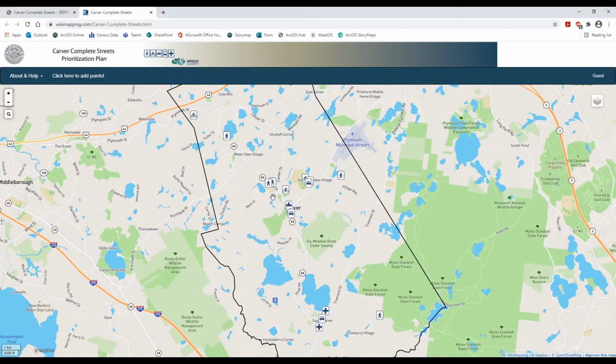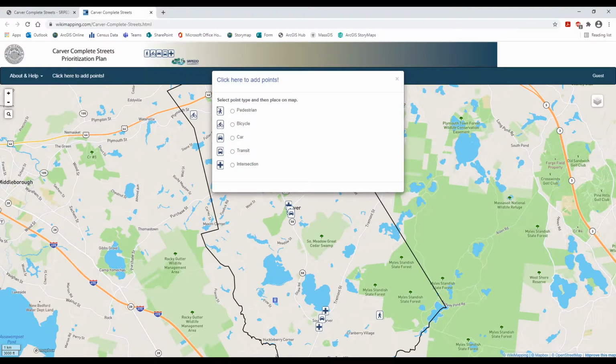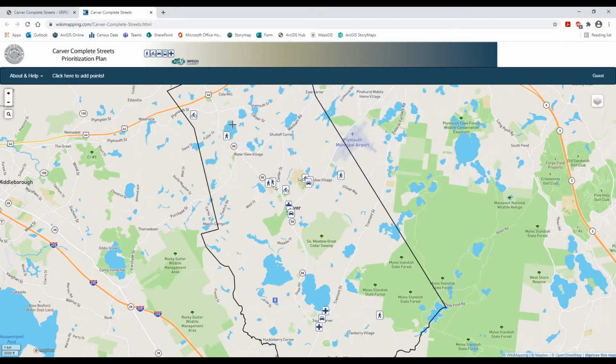You will start by clicking the words, "Click here to add a point" in the top left corner. A pop-up menu will open with 5 categories to choose from. Click on the category that best represents your comment. After selecting your point type, your cursor will turn into a crosshair. When you find the location you want to put your comment, click on that location, and your point will be